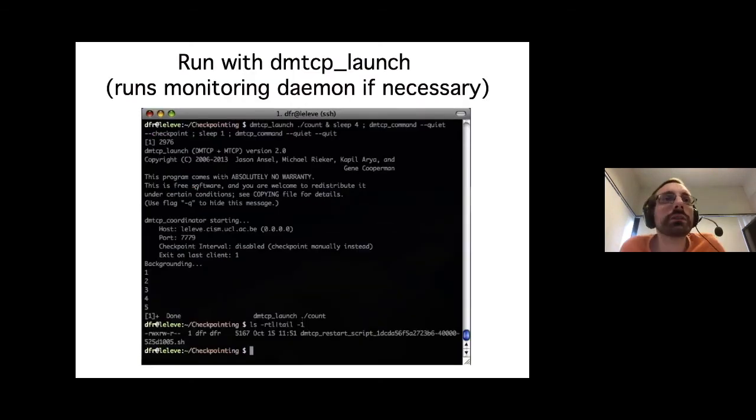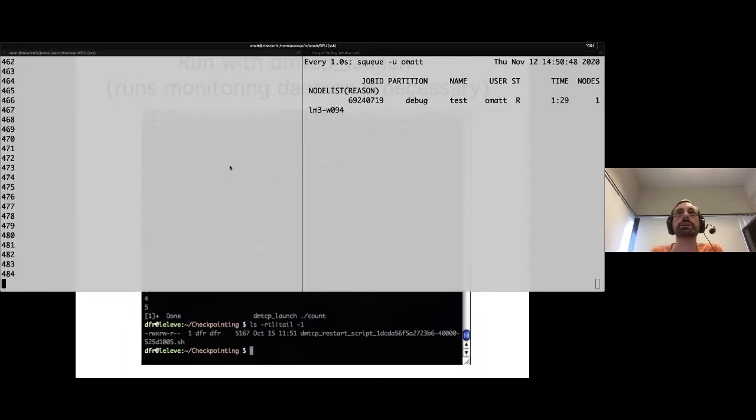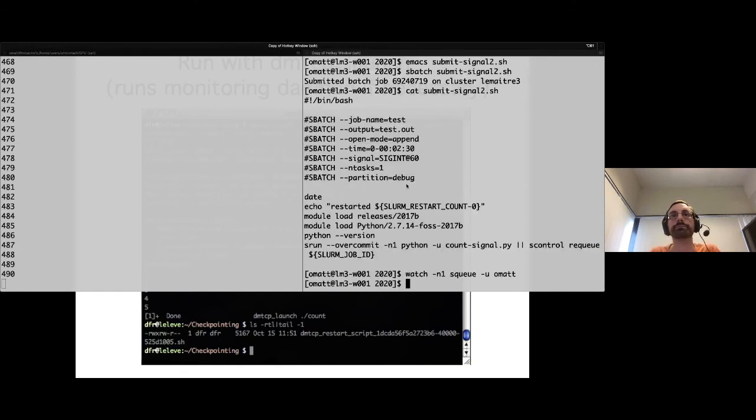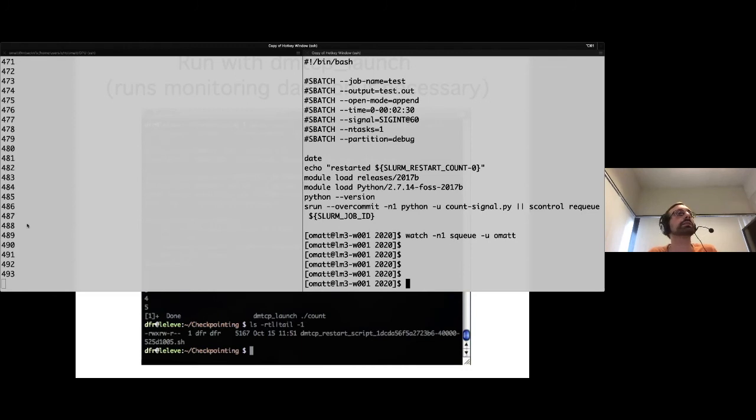The way it works is that you first launch your program with dmtcp_launch. So I'm going to the cluster. I'm going to cancel this, or it's close to finishing actually, so I'm just going to cancel on this side. You see that it was resubmitting probably multiple times to reach 500. So this requeue was actually working, up to the end of my program, which was 500. Now my program is completely finished.